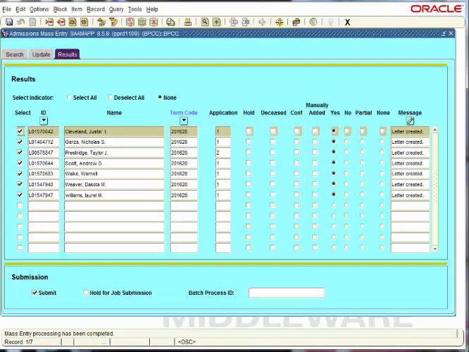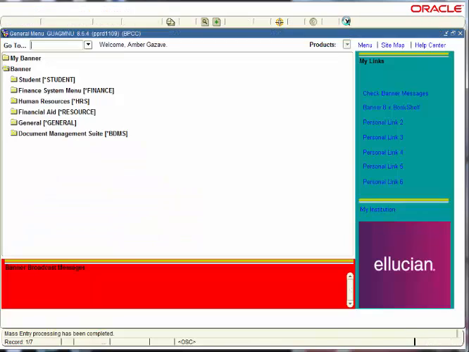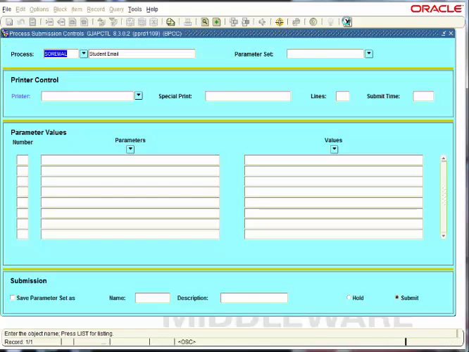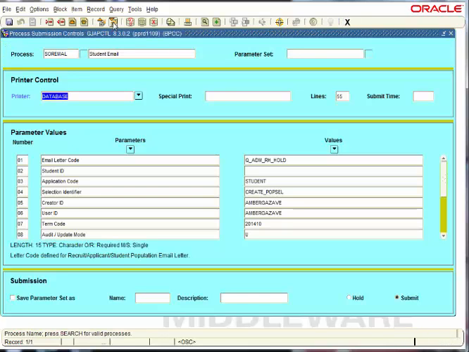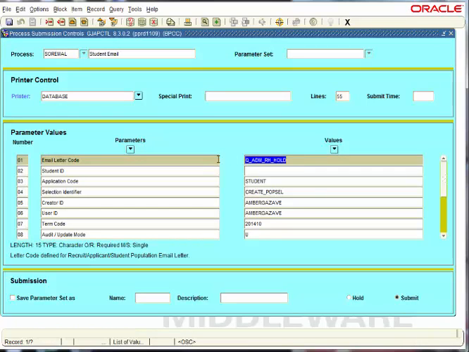Now I want to send out my email that I created. So then I'm going to X out of SAMAP, and I'm going to go to SOREMAL. I'm going to perform a next block twice. I'm going to enter in the letter code here, which for BIPSI it's C, and this is case sensitive, which is important. C_A_MISS_SSER_E.